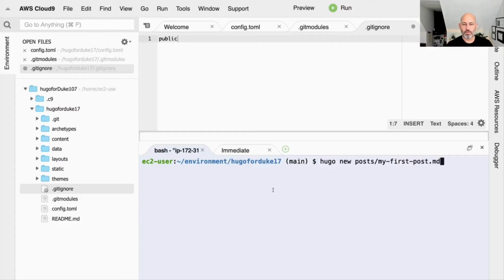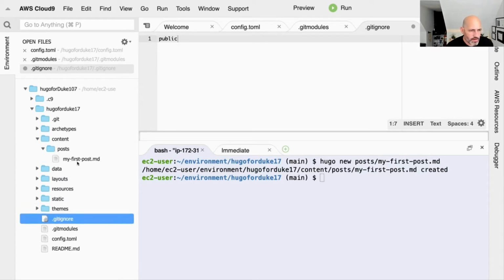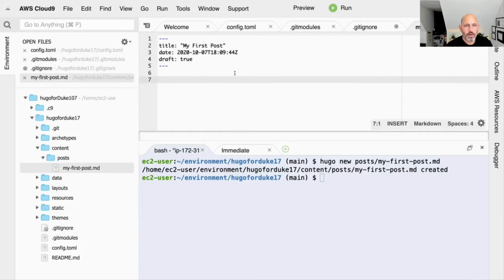So I'm going to go ahead and run this command, which is new post. And then if I go to the content here, you can say, here's my first post. I can actually say, basically draft false, and say, I created this today, 10/7, and it's just literally a markdown file, and this is a markdown. So once I've done this, then you can run this,